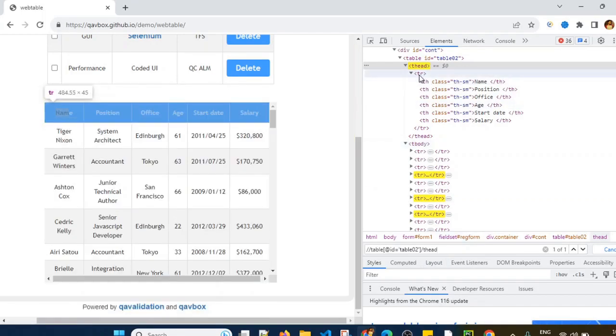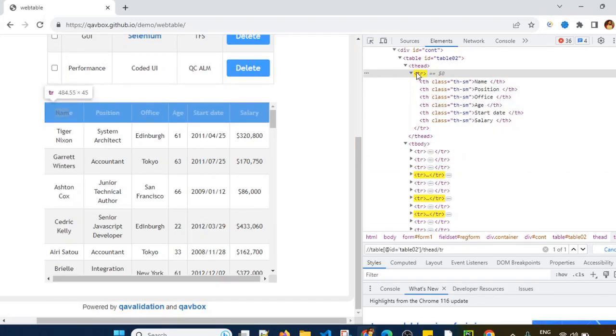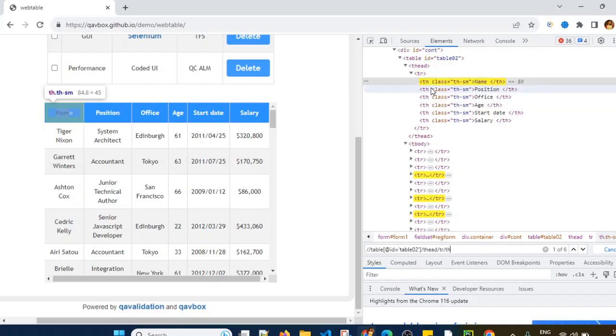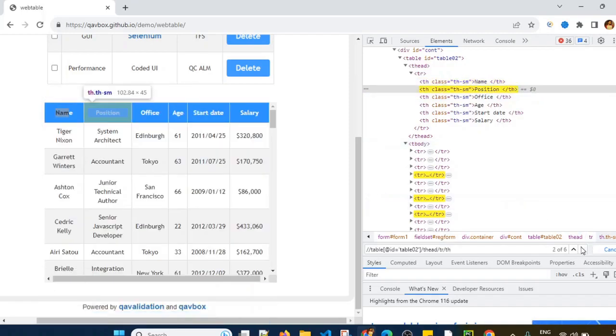After the thead tag there is a TR tag. So again one more / TR tag. Now we are inside this TR, and inside this TR there are multiple TH tags. So one more / and if you put TH, it is finding all the TH tags. If you see 1, 2, 3, 4, 5 and 6, all the 6 TH tags are getting highlighted.